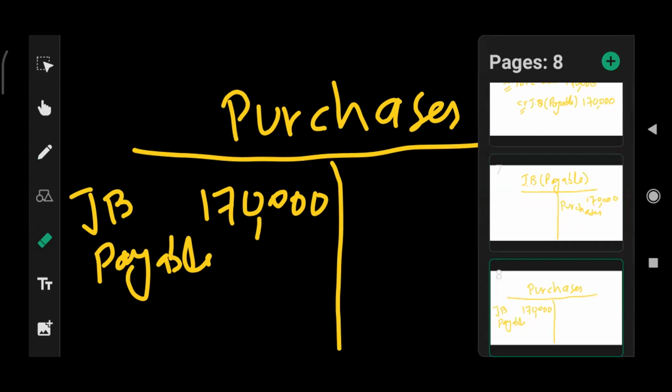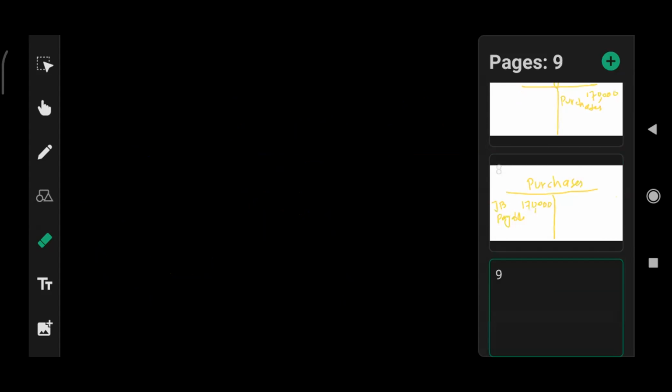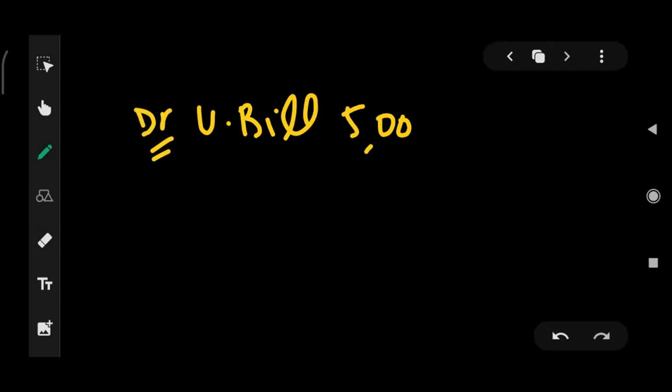Yeah, he received a utility bill of 5,000. So what is the debit credit transaction? Debit utility bill 5,000. I have debited it because this is an increase in expense. Upper arrow shows an increase and this is an expense. So I have debited utility bill 5,000